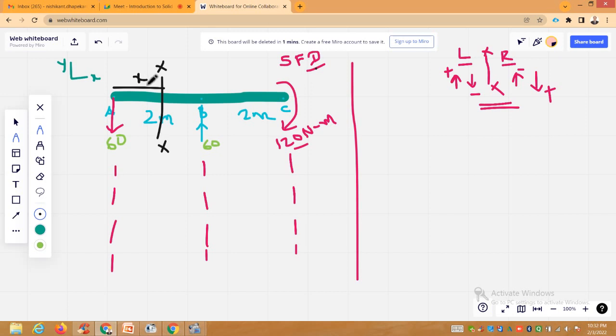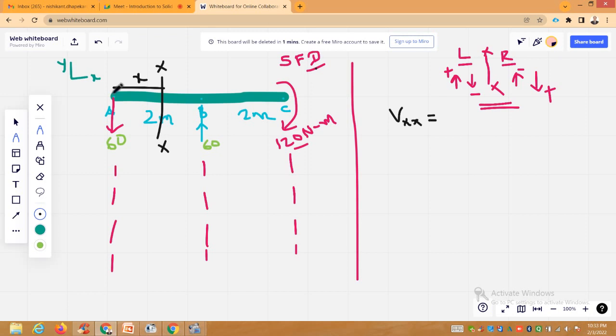This is X. And one more thing, please observe that you have taken at distance X because section left only one reactive force is there, section right one reactive force, one moment is there. So better to take from left hand side. Now I am abbreviating shear force as V. So shear force master equation I am trying to develop, Vxx